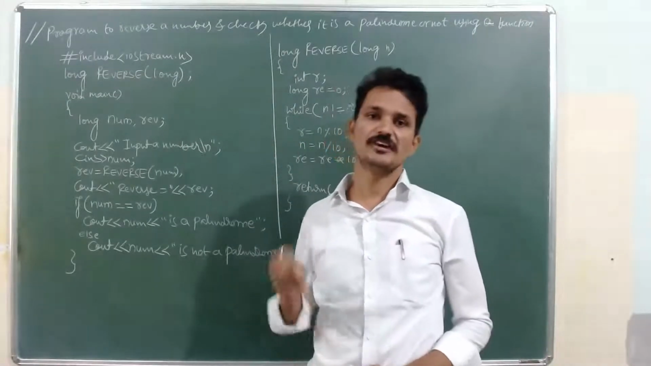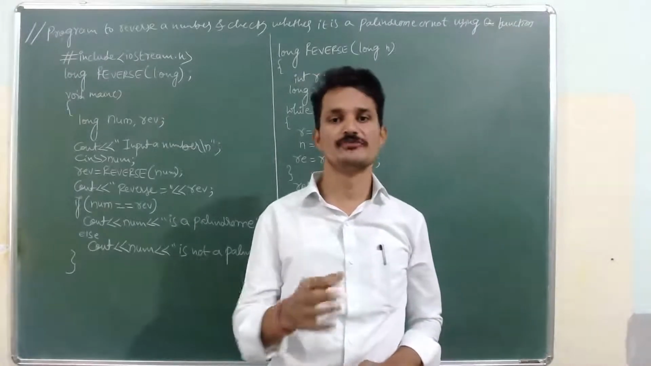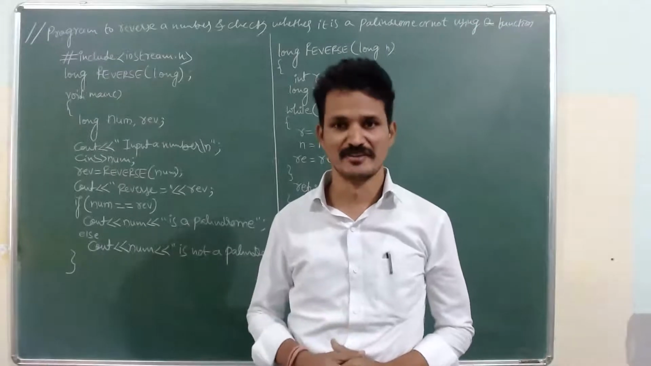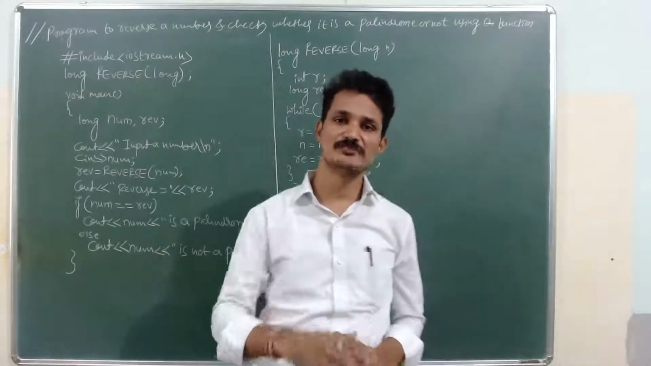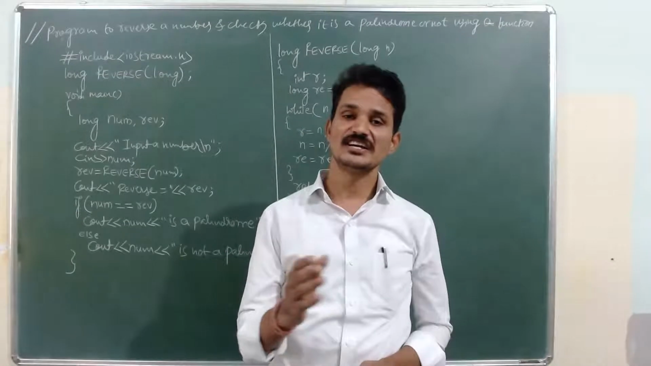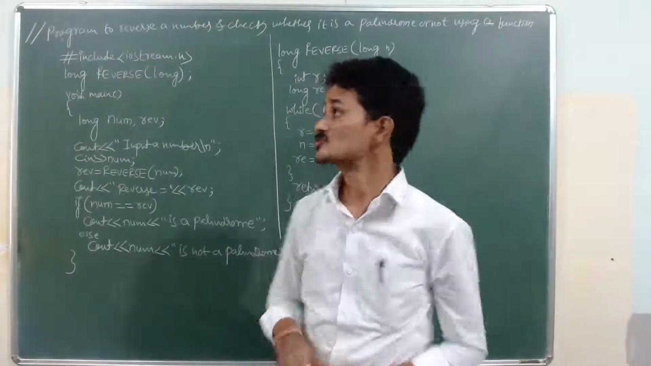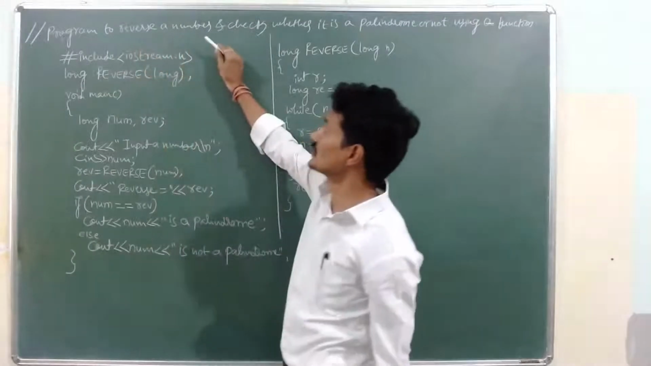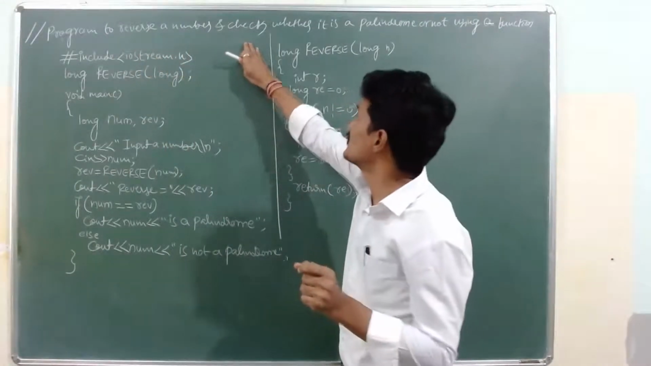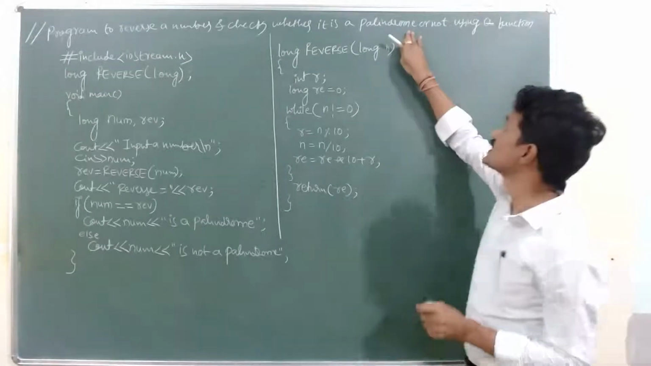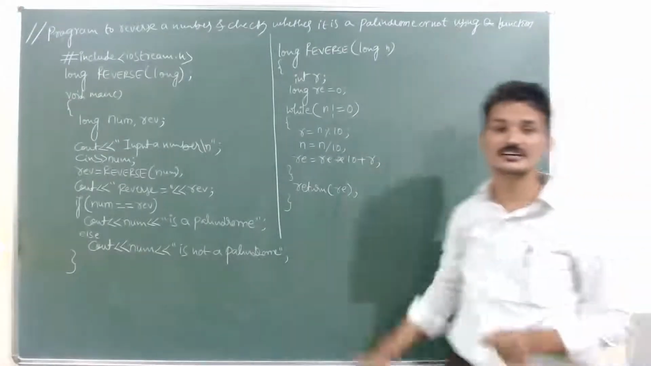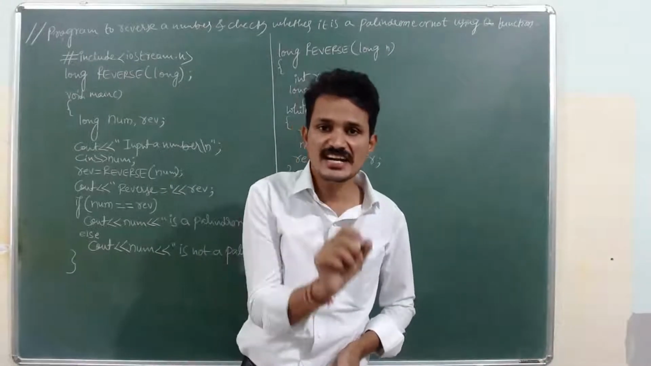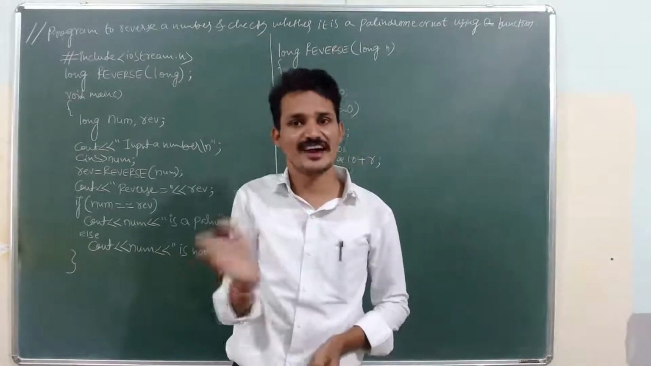Say for example, if I input a number 123, I will be getting the answer as 321, isn't it? So write a program to reverse a number and check whether it is a palindrome or not using a function. So palindrome means if I read the numbers from left to right and right to left, it